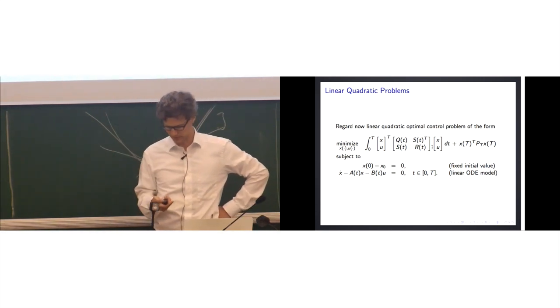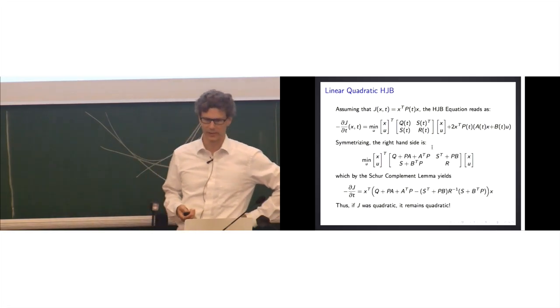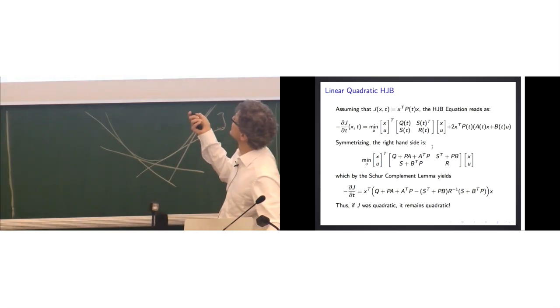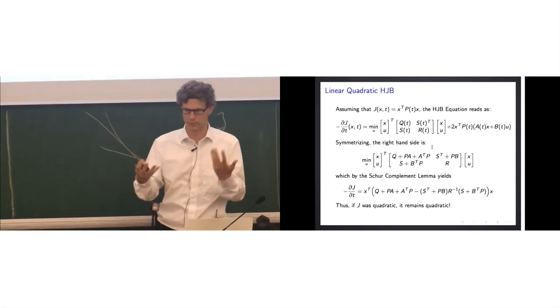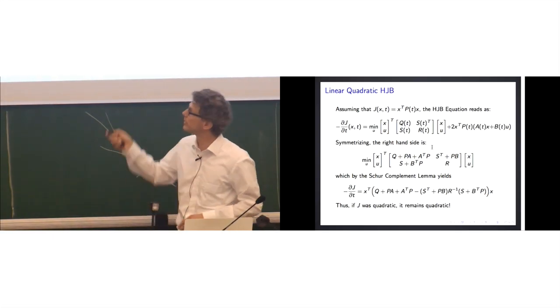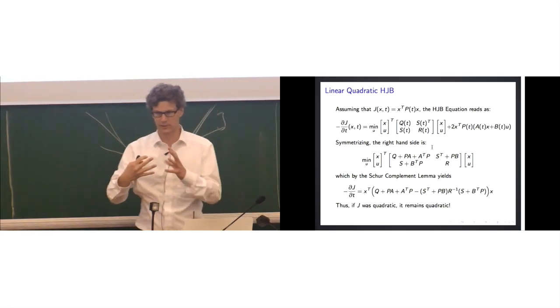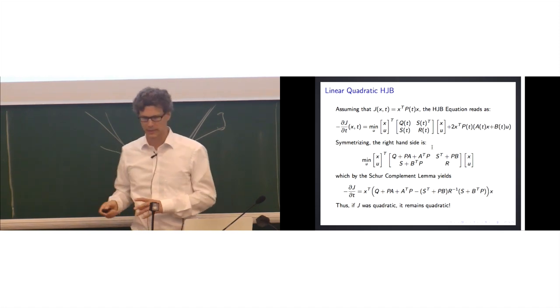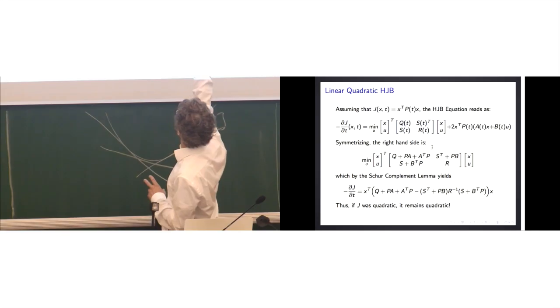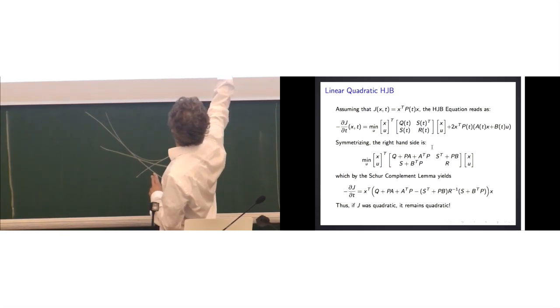And for them I could derive the Hamilton-Jacobi-Bellman equation, and I can plug in my data. And the beautiful thing is that also here the value function remains a quadratic function. And how do we do it? We just assume, and that's the assumption that will be proven to be right, that the value function is quadratic, by making this ansatz, x transpose P of t times x, where P of t is a symmetric matrix that we want to derive by an evolution equation. Then this is the Hamilton-Jacobi-Bellman equation. It's taking the stage cost plus the predicted cost of our